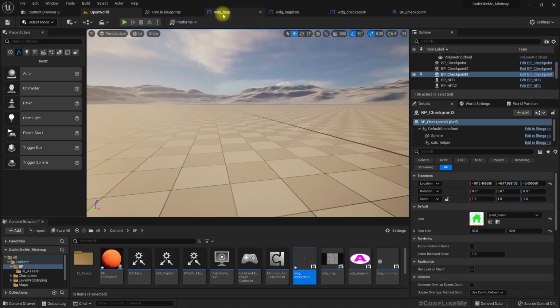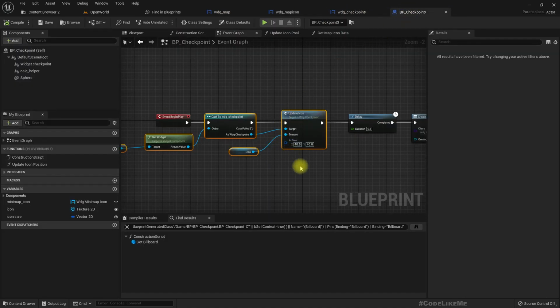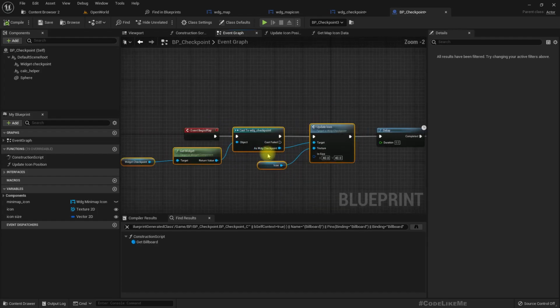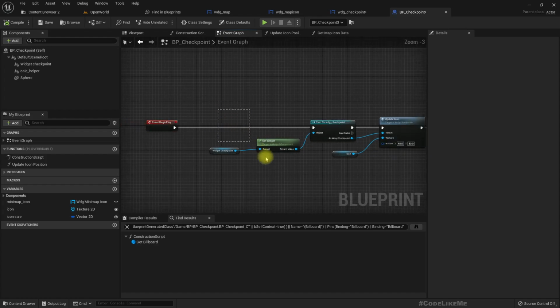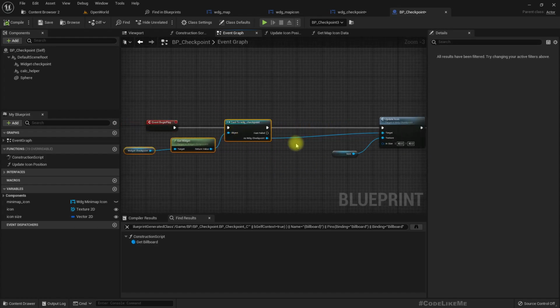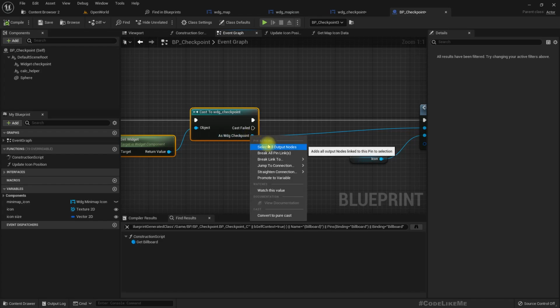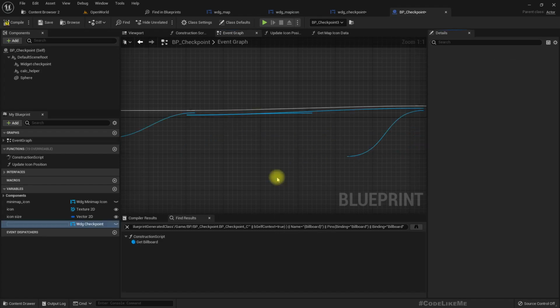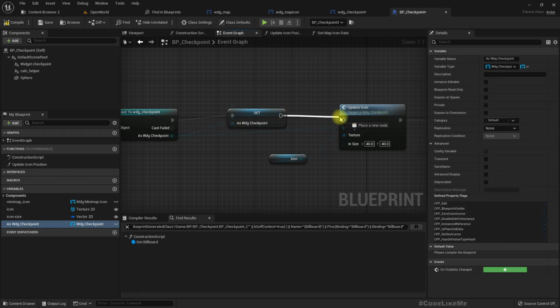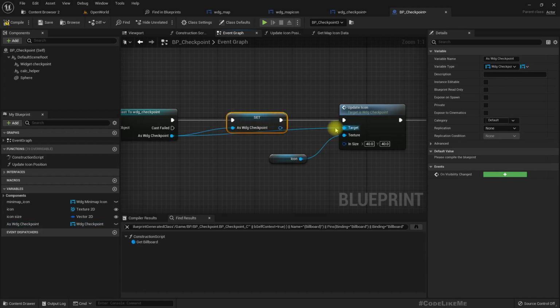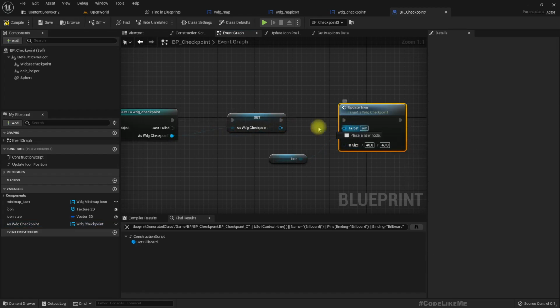For that, after casting, to avoid having to cast again and again, let's promote this to a variable, widget checkpoint. Right, and then